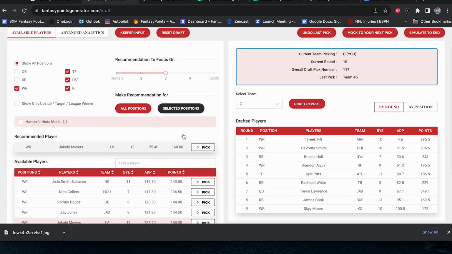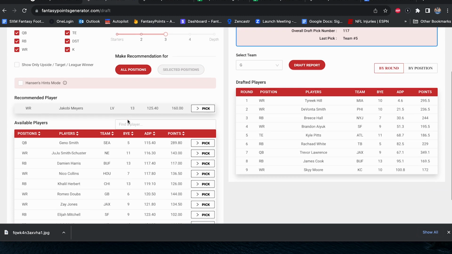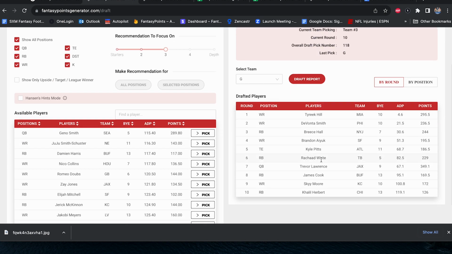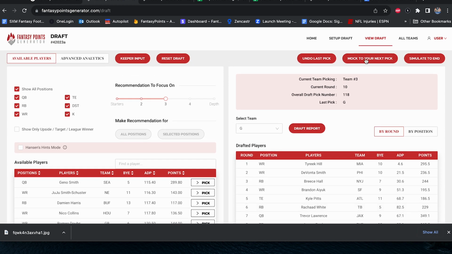Jacoby Myers is very boring. So when I look at all the best players available, I hate to say it, but Khalil Herbert really stands out. I'm going to go with it. I'm feeling Khalil Herbert too. It's him and James Cook. Look at these very interesting tweener types, but they could be their team's primary backs. In fact, they should be, especially Cook. So this is a nice value in rounds 8 and 10 for these two running backs,